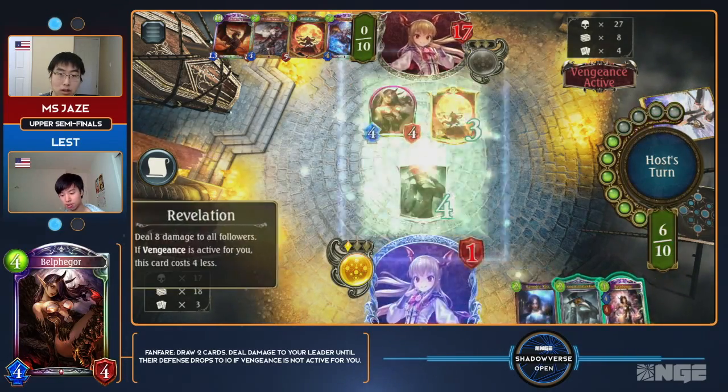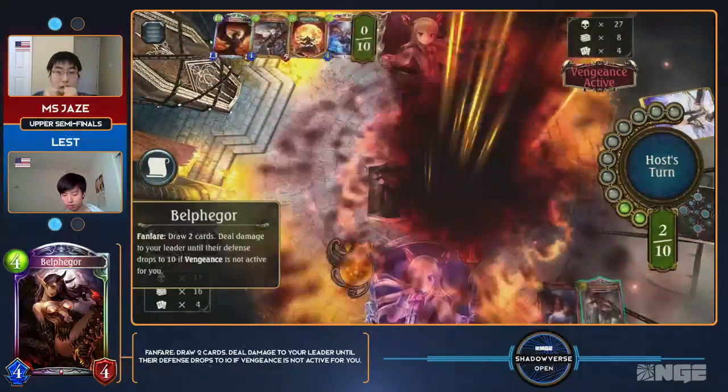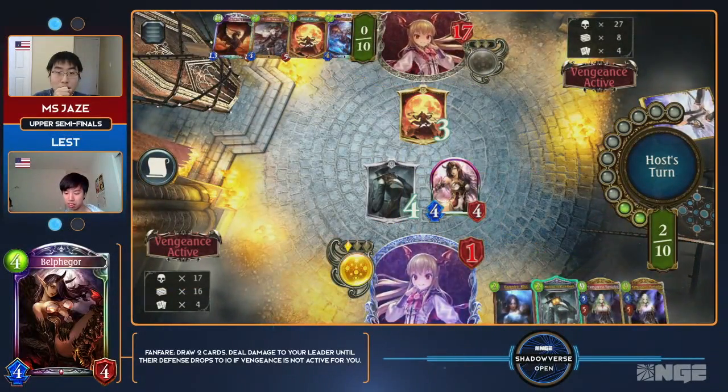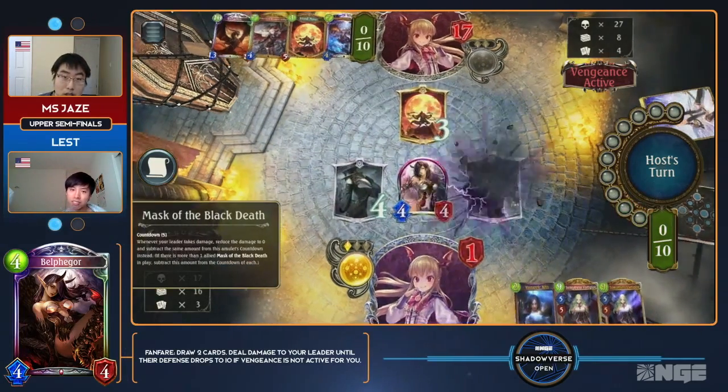Yes. If you guys haven't looked into the pre-constructed decks, definitely do it. Sweet art on those cards. But Lest has played 2 Temptress Vampire. But it doesn't matter. He's played 2 Bahamuts of his own, which means JaZe is...